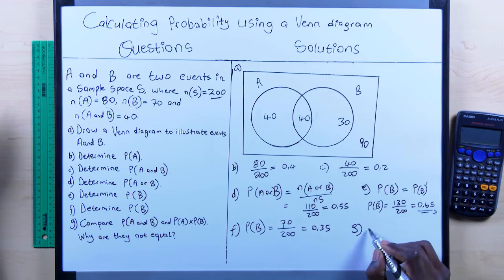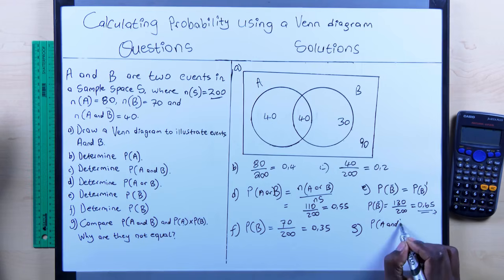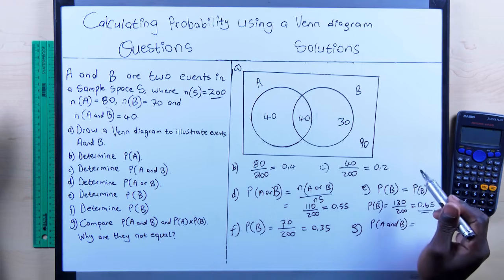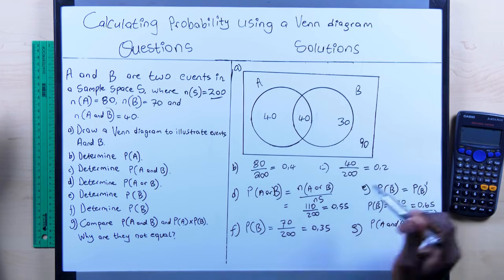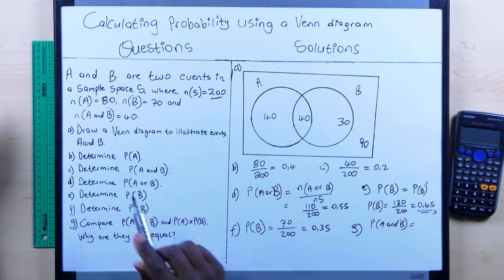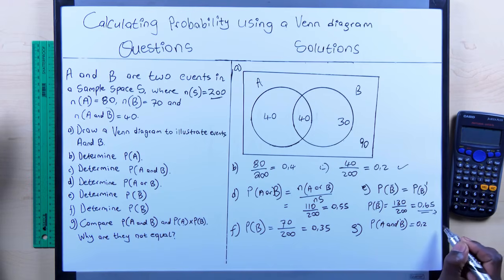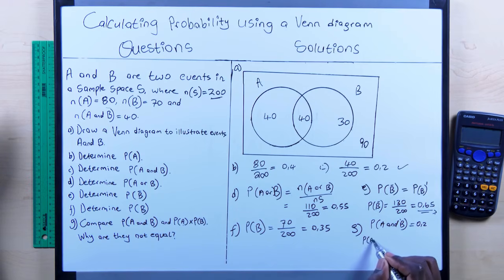So we already have the probability of A and B, which we did calculate. That was number C, and it is equal to 0.2, which is 20%. Now we need to take the probability of A and multiply it by the probability of B, which should give us